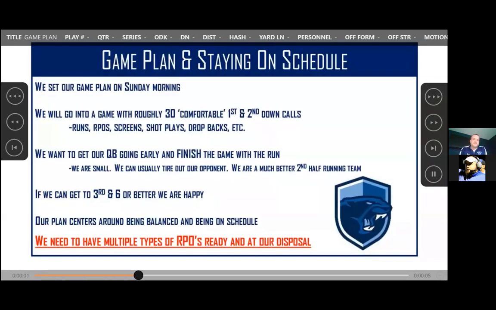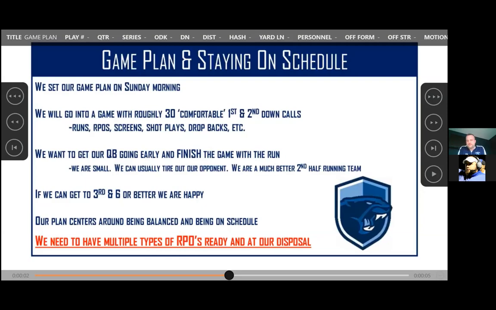So basically, I don't know if I'll get much to third down stuff, but as Coach kind of mentioned, our whole game plan is about staying on schedule. You'll see some of our breakdown. We go into a game with about 30 plays, and we don't have a lot of explosive runs. We're probably not going to run over a lot of people that we play on our schedule, and we need to put our guys in the best situation. We always feel like if we're 3rd and 6 or better, we're going to be happy. And our third down conversion was pretty solid on the year. We were over 45%.